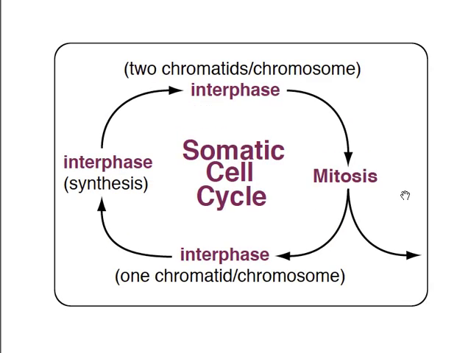This diagram illustrates a cell cycle, and it shows that following mitosis, which produces two genetically identical cells, the cell must undergo interphase before it can reproduce again and cycle back and divide via another mitosis. And during that interphase, then, there is a synthesis of DNA. So at the start of that interphase, there's one chromatid constituting a chromosome, and following synthesis, two chromatids constitute a